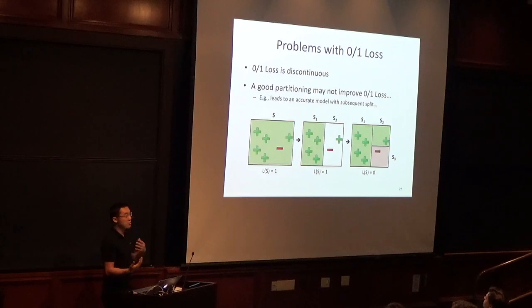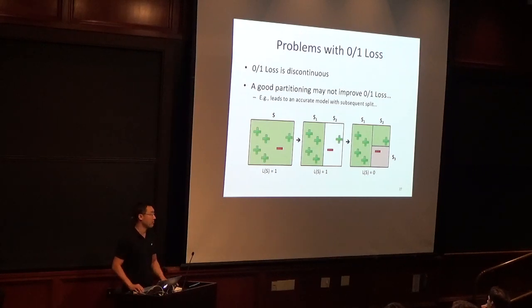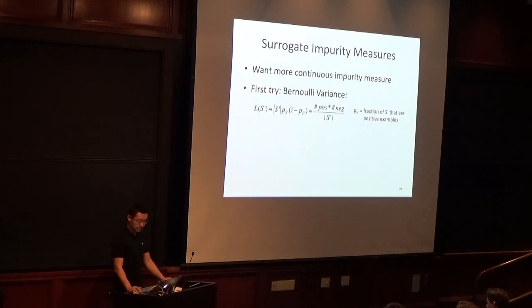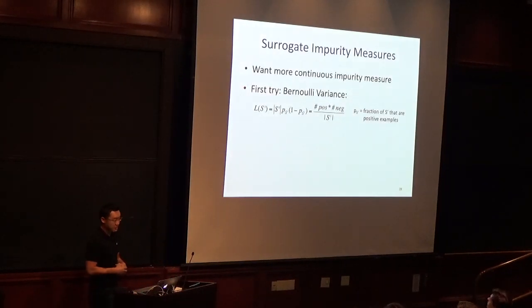So we need some smoother measure of impurity than 0-1 loss in order to make progress in this type of top-down decision tree growing, where you only look one step ahead when you grow the tree. So there are many other impurity measures people try. Some people want something that's a little bit more continuous, a little bit more smooth. One simple one, which is very simple to explain, is Bernoulli variance,